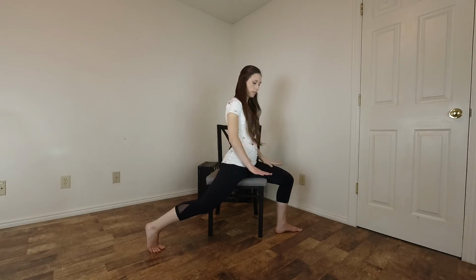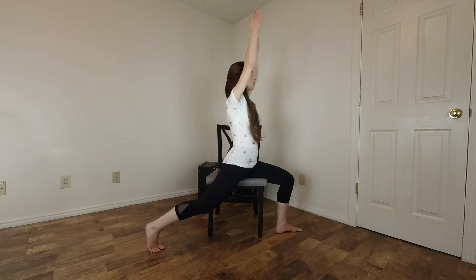So hands are level 1, you're just resting your hands down on your legs. Level 2, you come to heart center. And level 3, you might begin to lift the arms up and out. So palms facing together, looking forward. So find your level of flexibility, and we'll hold and breathe for 1,